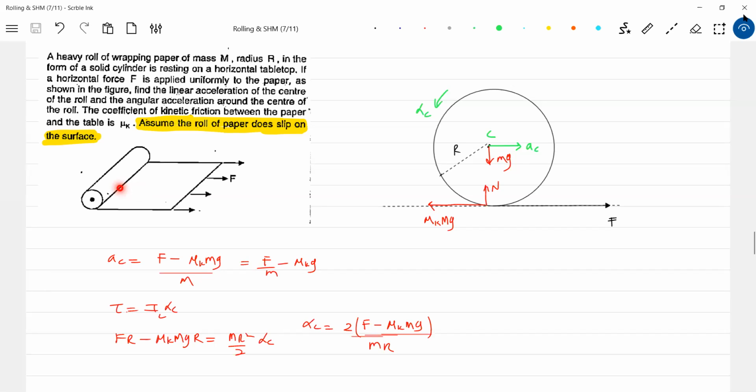We are just discussing when some amount gets unrolled. Or, the question will depend: some half of the length of the carpet is unrolled. Okay, then we'll write m by 2, and things will be a little bit different here. Then there's m by 2, so F minus the friction on this m by 2 a. Then the tension here will act. We are discussing the problem just at the moment it is about to unroll, with a small length.